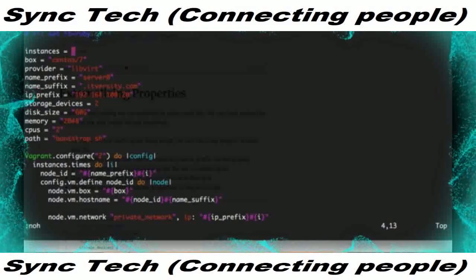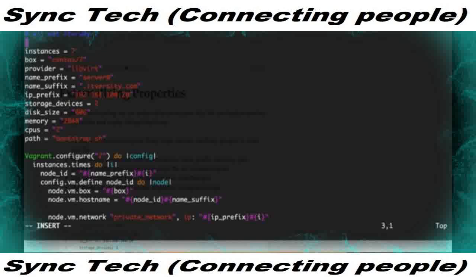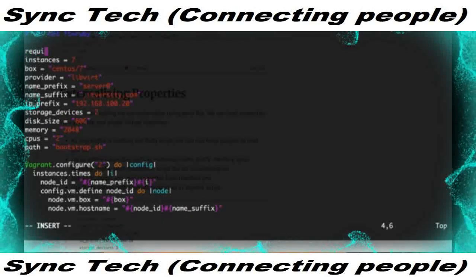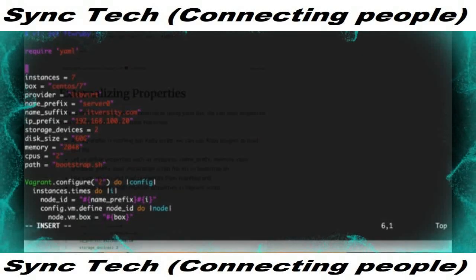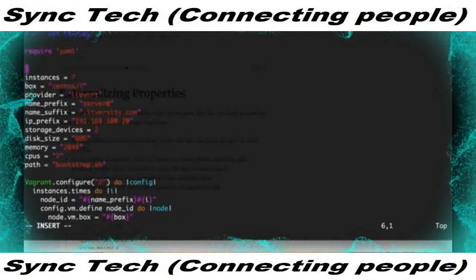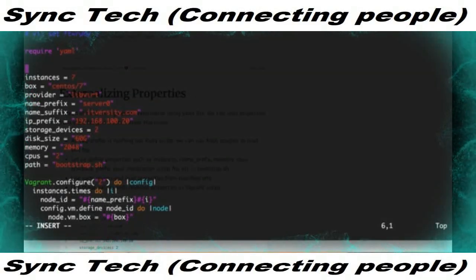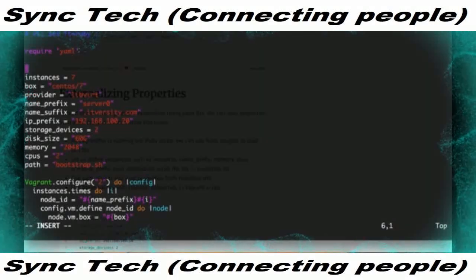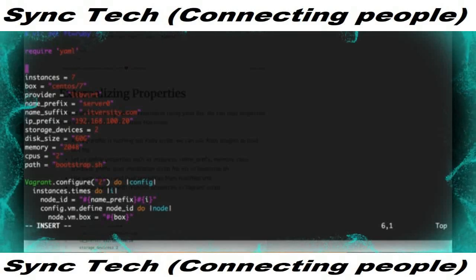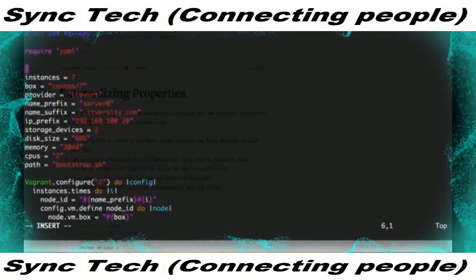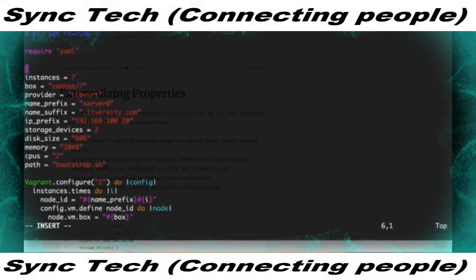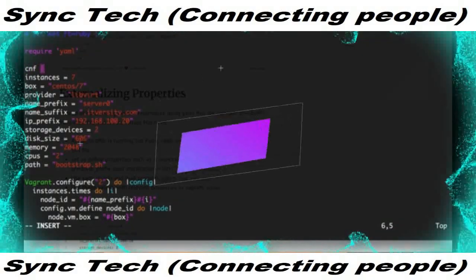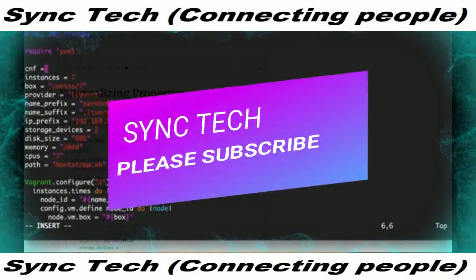In Ruby there is a package called YAML, and it has the APIs to load a YML file into a hash map, where all the properties defined in that YML file will be converted into key value pairs, and we can read the values by passing the keys. In this case I am creating a variable called CNF, which stands for configuration,